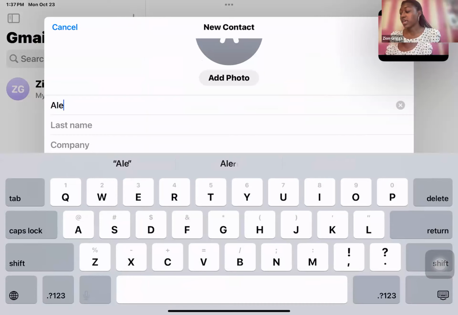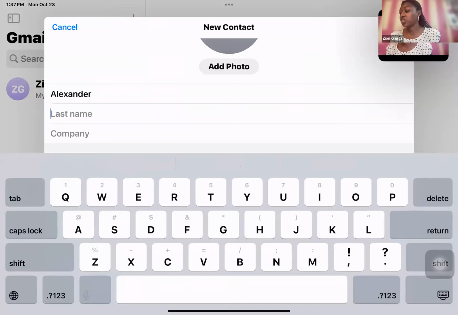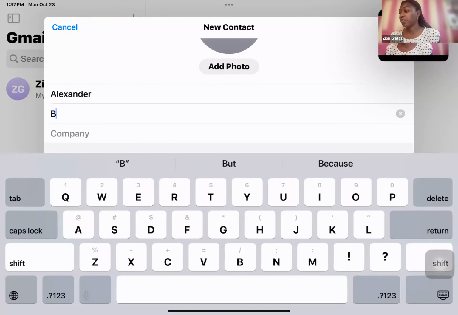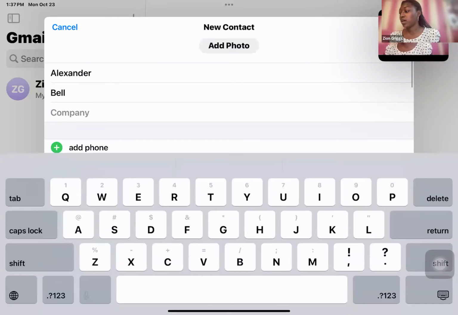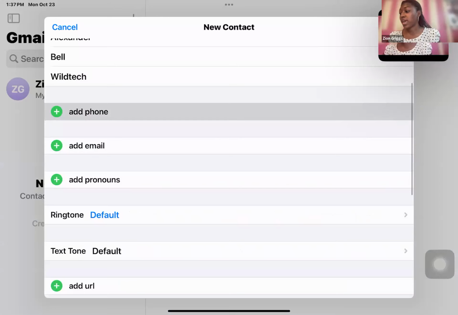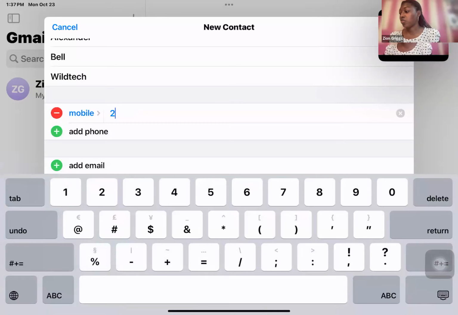There we go. Alexander Bell. Now, this isn't his real information. This is just an example. Okay, and I'm going to say he works, the company is Wild Tech. Okay, and I'm just going to add 202-800-6868. Okay,